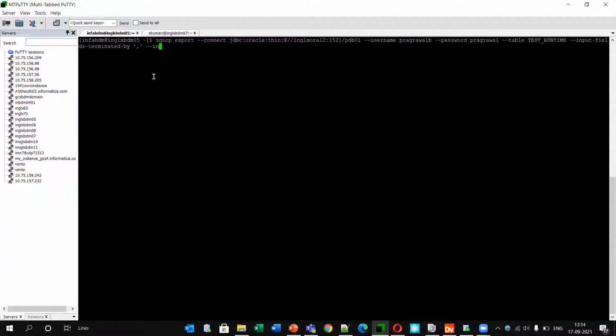Another option is input lines terminated by \n, the newline, and then export dir, and my export dir is user infa bdm, and then there was test runtime.